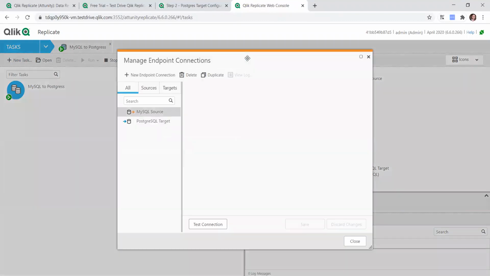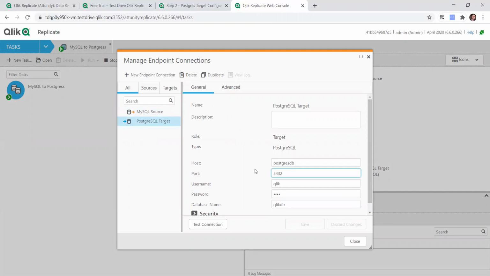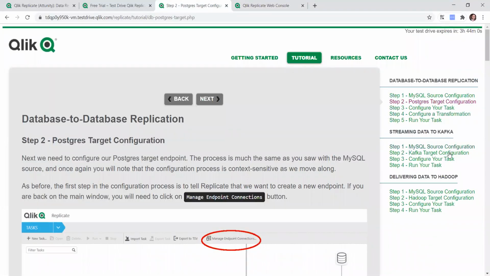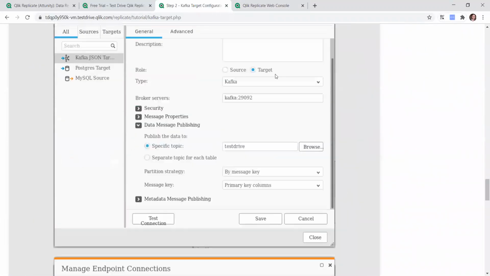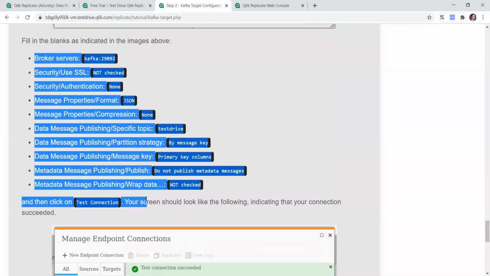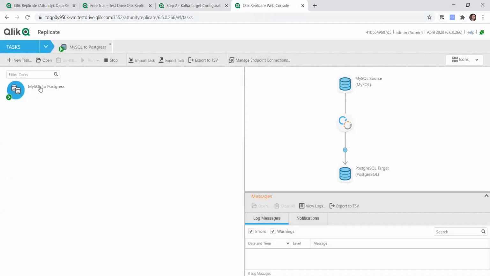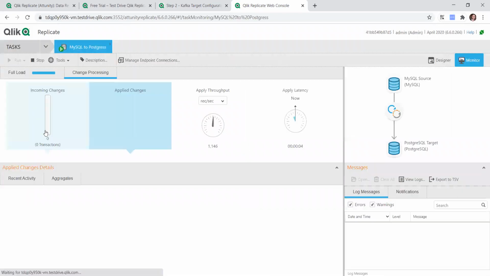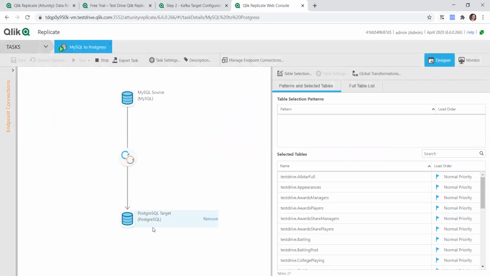So what I essentially did was, if I can just go back to the tasks, I just created the endpoints as MySQL and Postgres. You can even add more, right? So nothing changes. For example, if I want to have Kafka as a target, let me open it. Once this is open, you have the step-by-step tutorial to follow, and you just need to change all this information while creating those connections. And once the connection is there, you just need to create a task, which I have already done for you, this one,